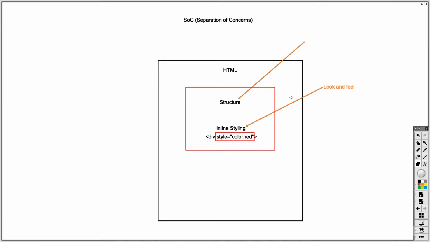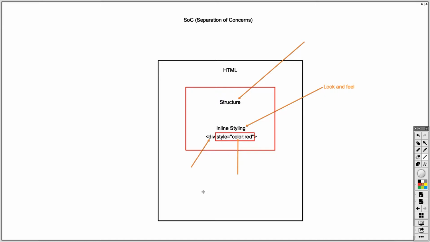Well, in HTML, you can imagine that if we had several hundred HTML pages inside of a website, and all of those pages had a specific look and feel that was common across all those pages, yet in every single one of our pages, we would have to go update every single style for every single element in that page, we would be spending huge amounts of time and effort trying to restyle each HTML page in order to change